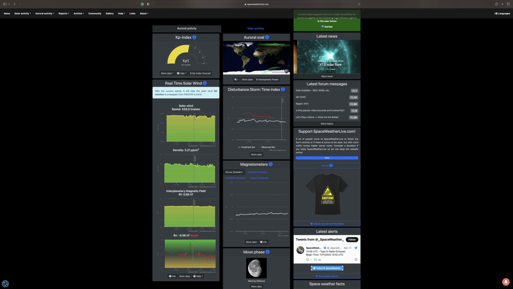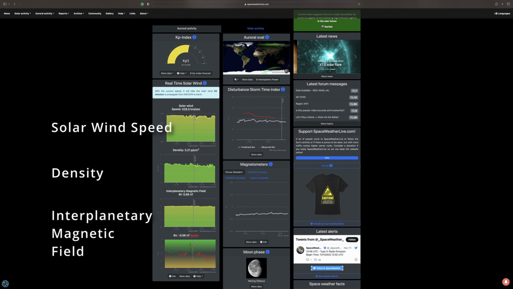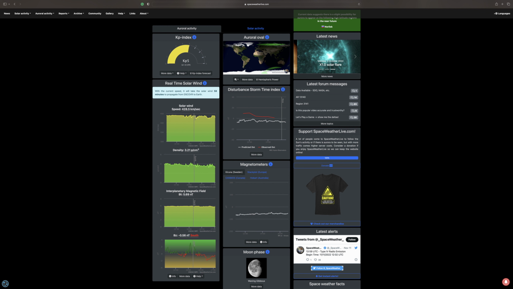There are three factors that are important when it comes to auroral activity. The first one being the solar wind speed, the second one density, and the third one, the most important one, is the interplanetary magnetic field. In the Northern Hemisphere, we have a north-oriented magnetic field. And in order to have the most energetic aurora, we want the interplanetary magnetic field to have